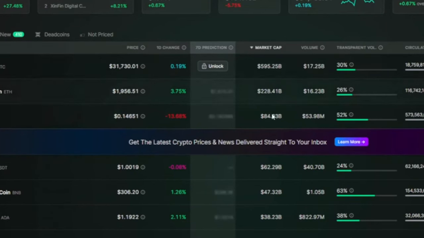You've got market cap. This is what we were just talking about before. This is healthy. 16 billion. Healthy. And here we've got... Hold on, why is that healthy? Hex that claims to be 84